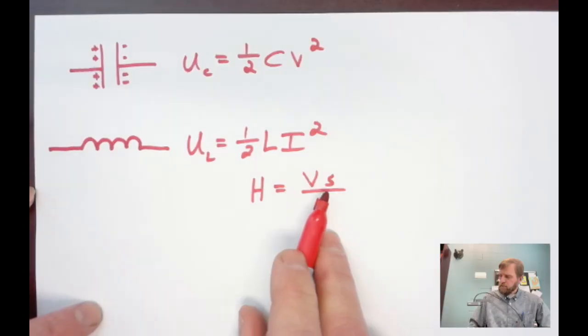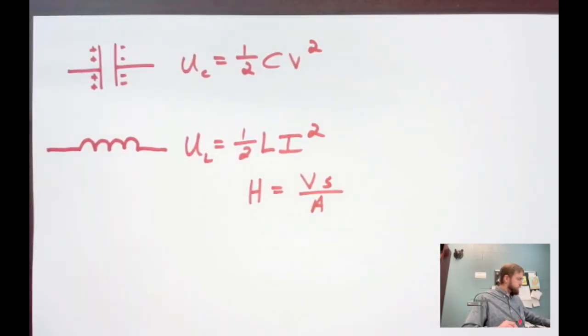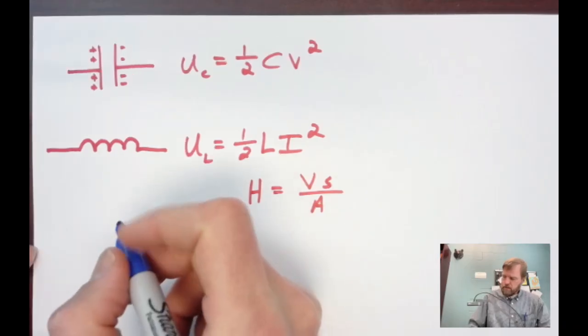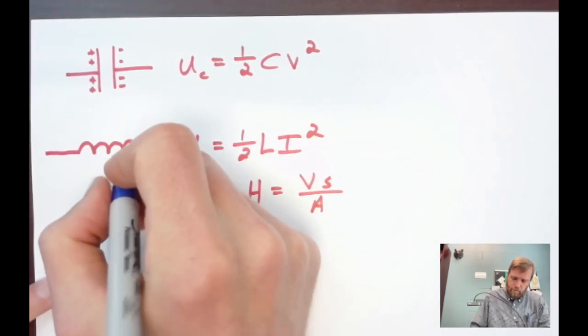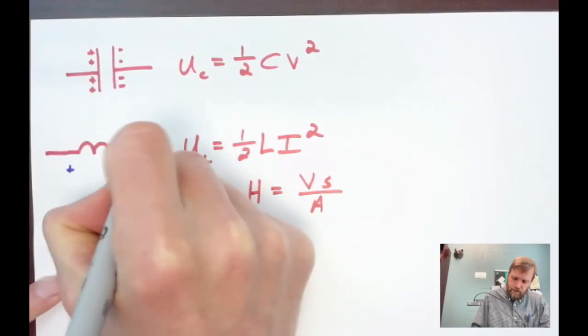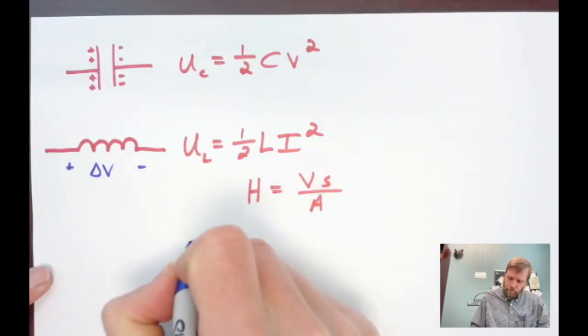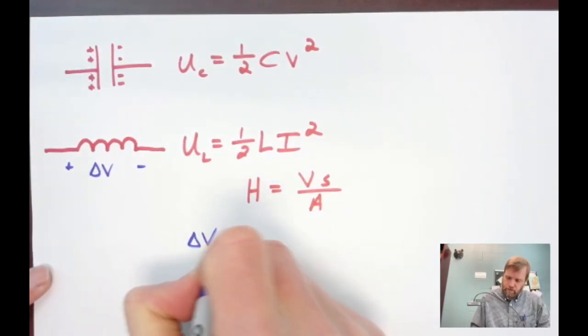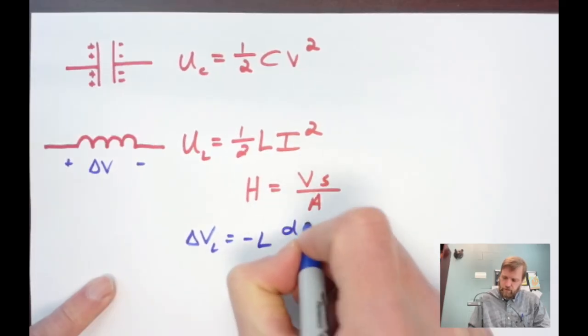And the voltage across an inductor, I'll grab just a different color so we can put voltage in a different color. So if we have voltage across an inductor, the voltage across an inductor is equal to negative L di